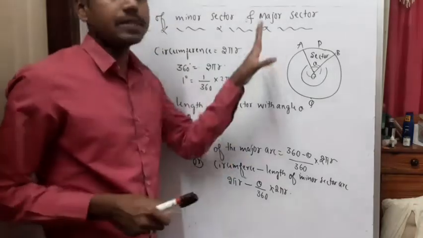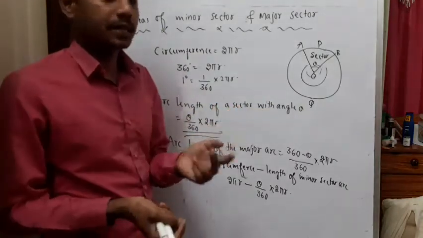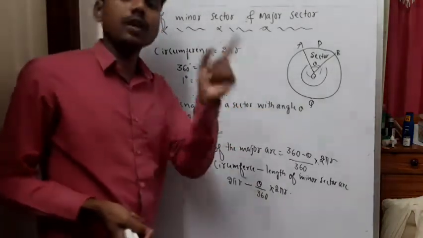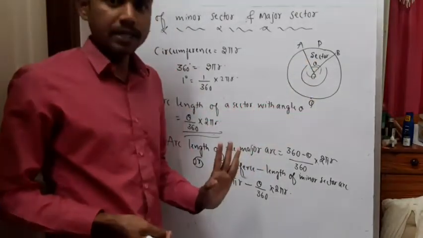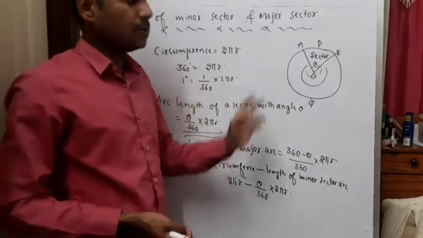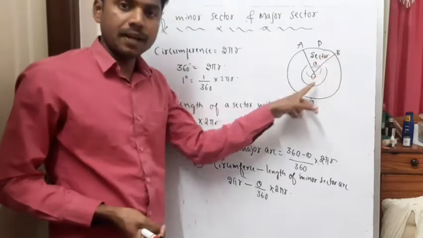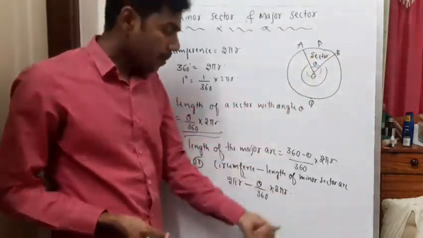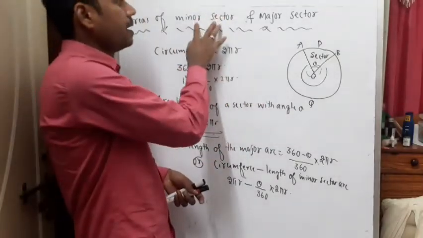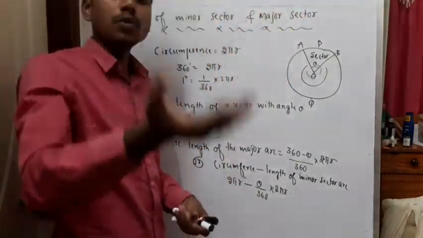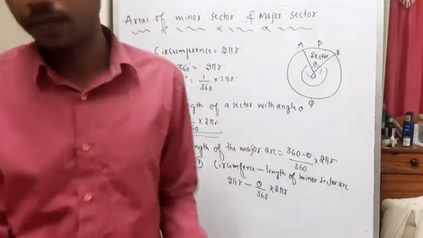This is regarding the complete sector. We saw how to find the area of a sector, minor sector and major sector. We defined the formula. If you know the area of the circle, defining the area of the minor sector and major sector will be easier. If you know the circumference formula, using it we define the arc length of the minor sector and major sector. Please note this down. Then we'll go to areas of a minor segment and major segment. Then we'll move to the arc length of minor segment and major segment. Please note this down.